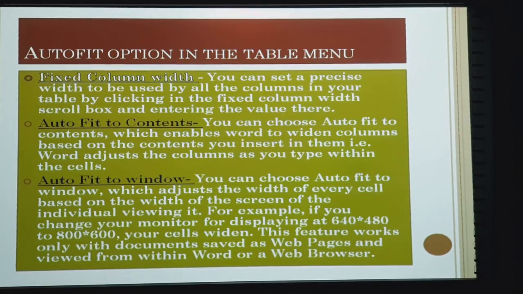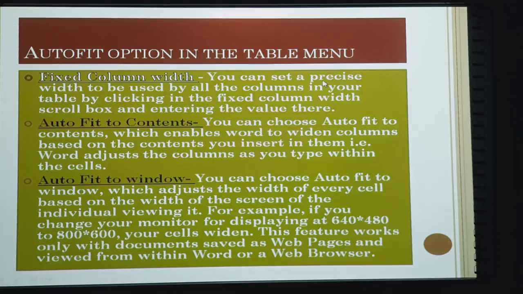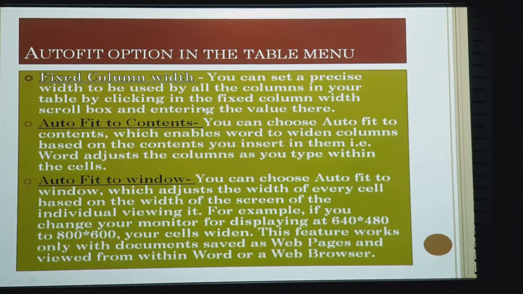What is the purpose of fixing column width? We can set a precise width to be used by all the columns in our table by clicking in the fixed column width scroll box and entering the value there. See, suppose there is a specific need for setting a particular width for the content which has to be inserted inside the different cells in our table.